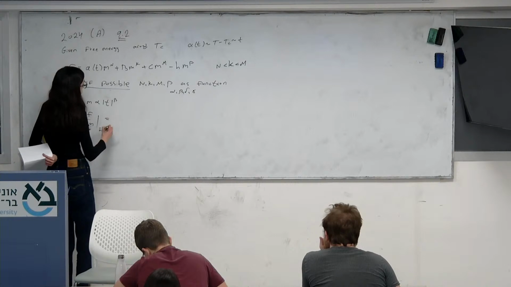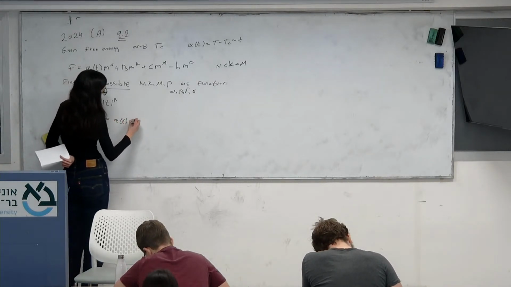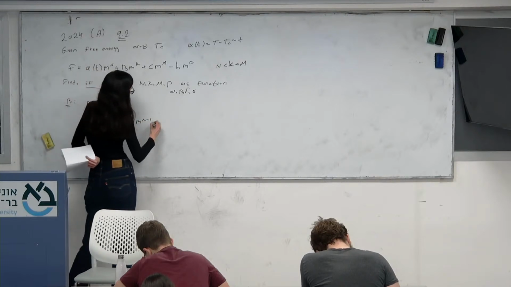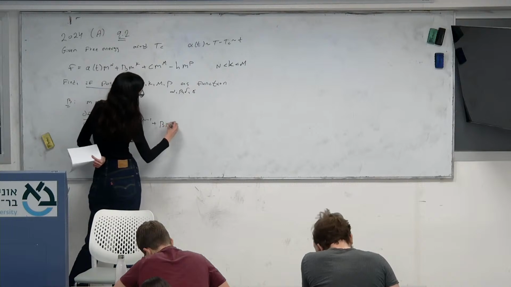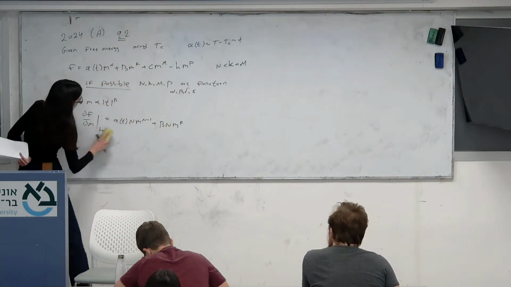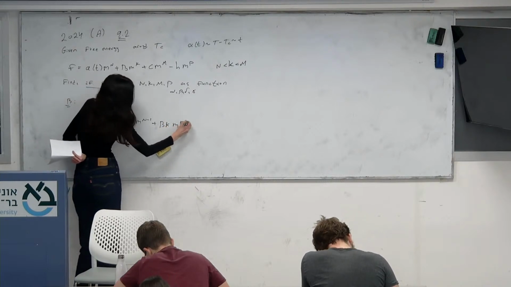So this is equal to a of t m^(n-1) plus b n k, sorry, this is k, m^(k-1),